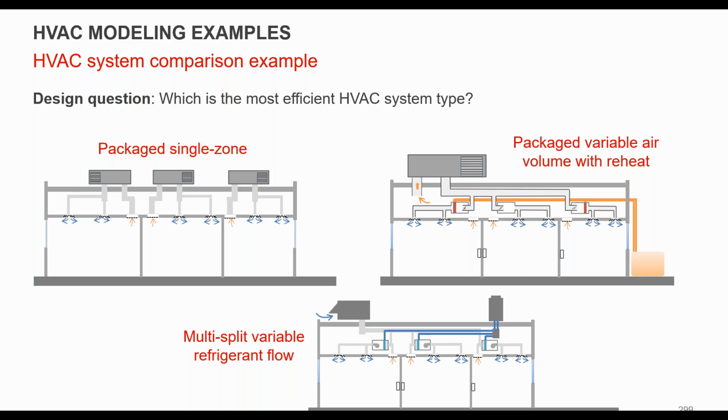We've got the envelope, and this is an example of an early design. You might have a simplified massing, and the designer has three options on the table. They're going to get pricing, and they want to know operationally what it's going to cost to operate each of these systems, and which one's more energy efficient. So you might have, in this case, a packaged single zone, a packaged VAV with reheat, or a split VRF with a little DOAS unit providing ventilation.